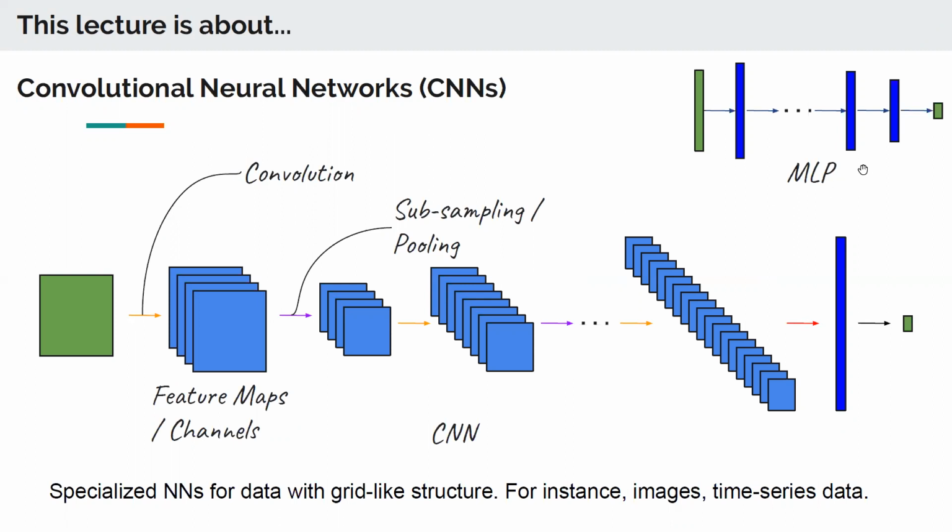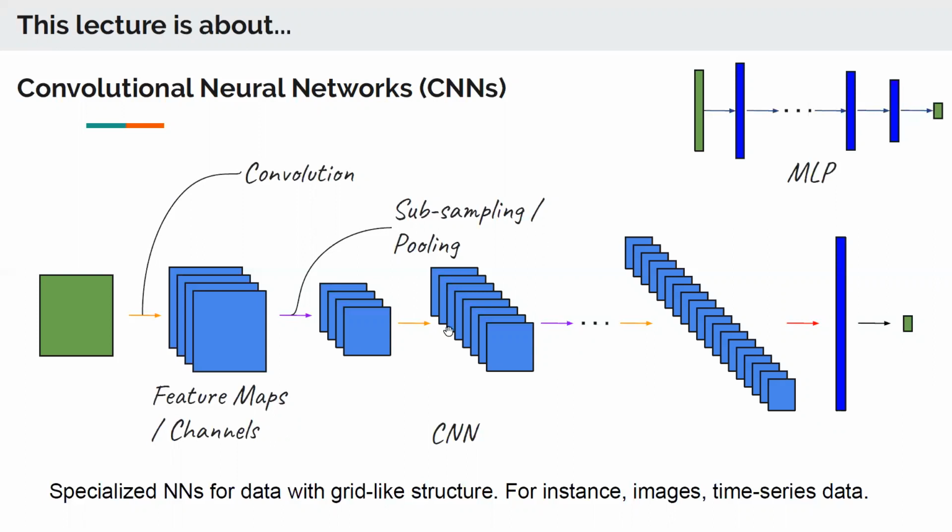So if we compare, here we see a multi-layered perceptron or a feed-forward neural network, and we have a CNN here. And if we compare the two, what we see is that the MLP has a vector as its input, and then it has a number of what are known as fully connected layers, meaning each element of the input is connected to every element of the next layer, right? And then we have a number of these fully connected layers finally leading up to an output vector.